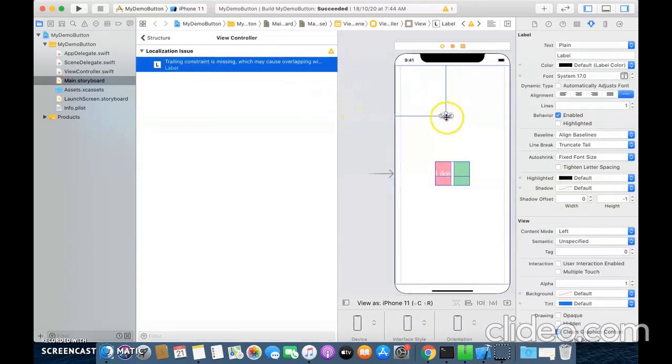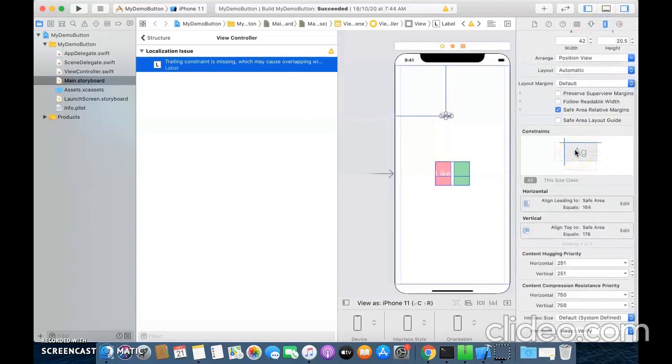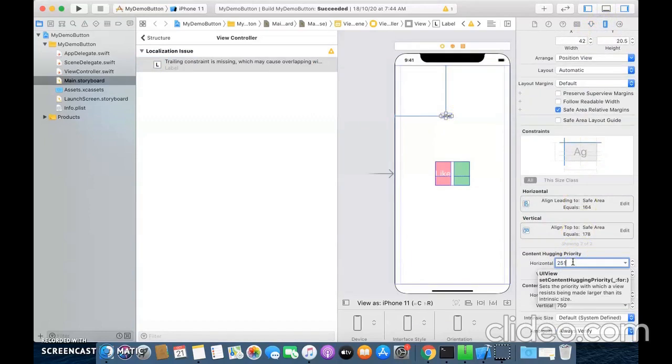For that, we need the content hugging priority. Lower the value, the more the view will hold itself for the content. So if the value is decreased to 250, it will hold its value for the content more.